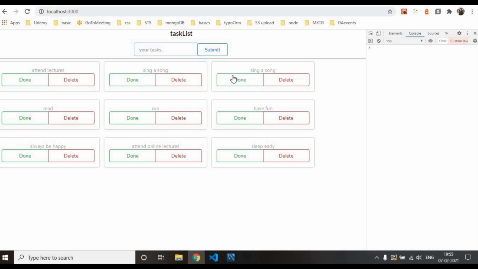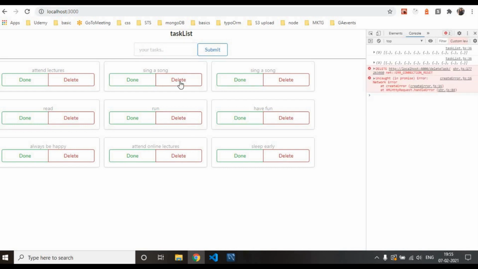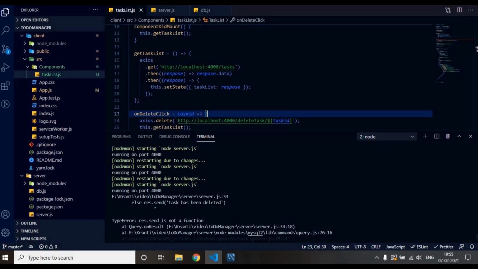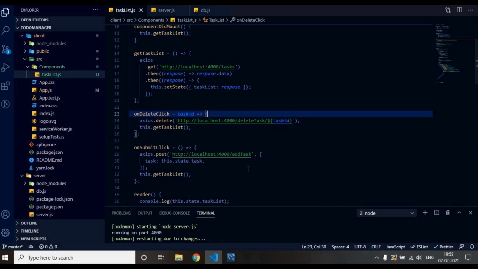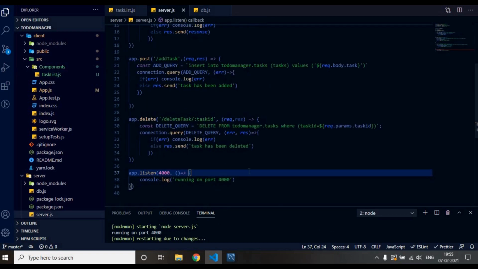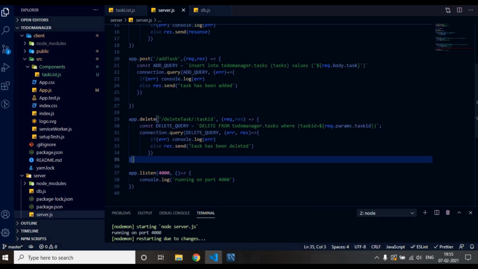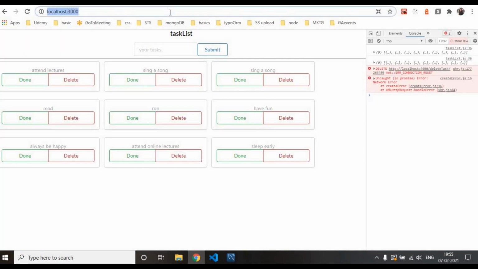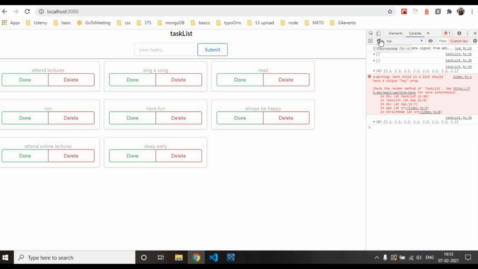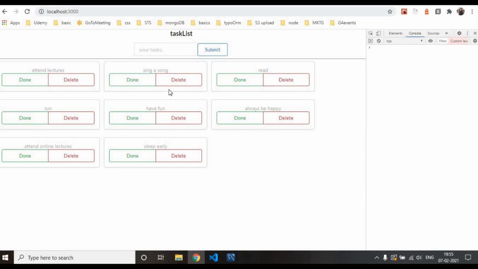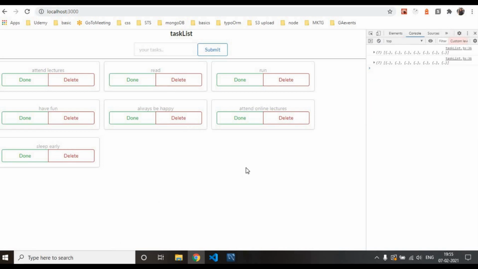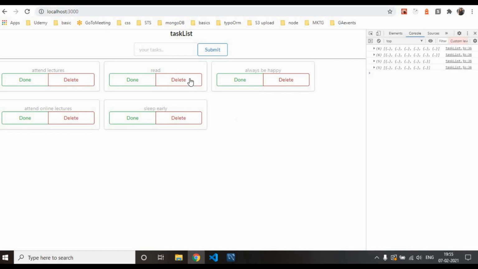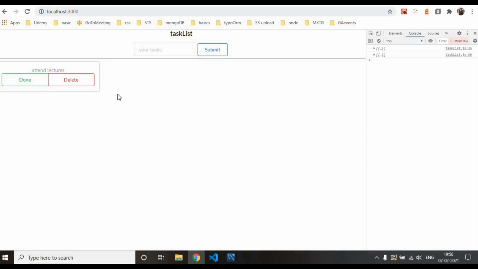So I'll delete, say I have to sing a song task, so I just delete one, and we have an error. res.send is not a function. So what we can do is that we can just remove this res.send. We just run that again, and here we have, I can successfully delete my task,